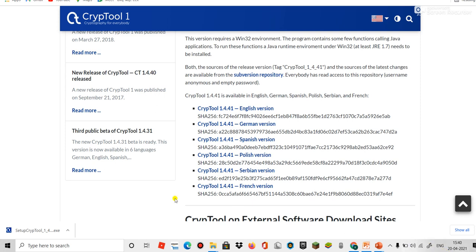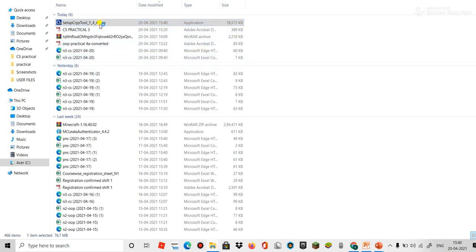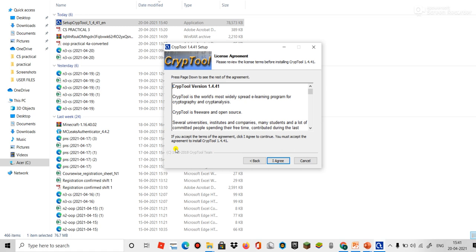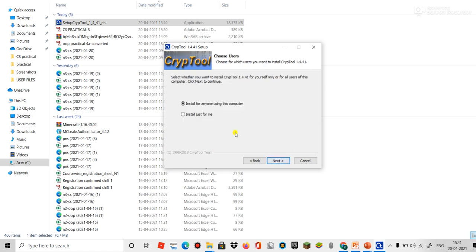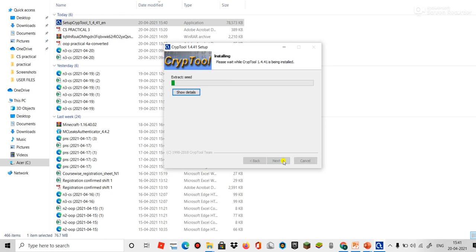Now that my CrypTool software is completely downloaded in my downloads folder, I'll go to it and try to run it. I'm trying to execute this program. I'll say yes, then go on. Next I'll agree to the license agreement, click on next and then install.